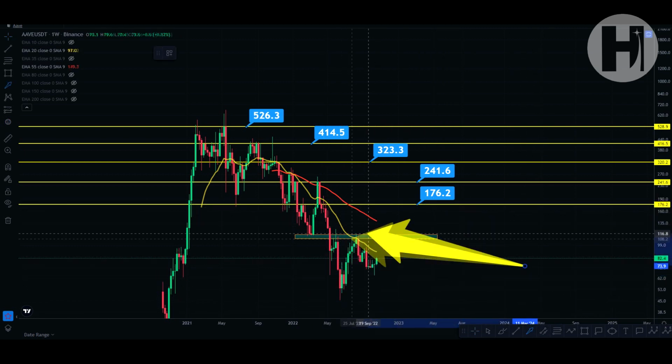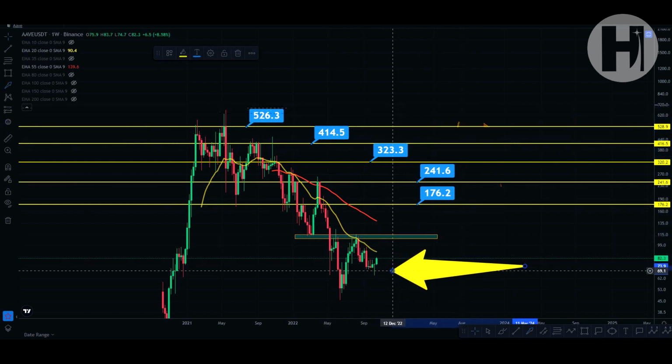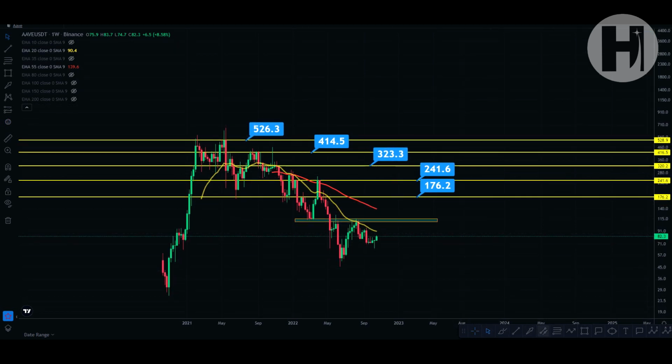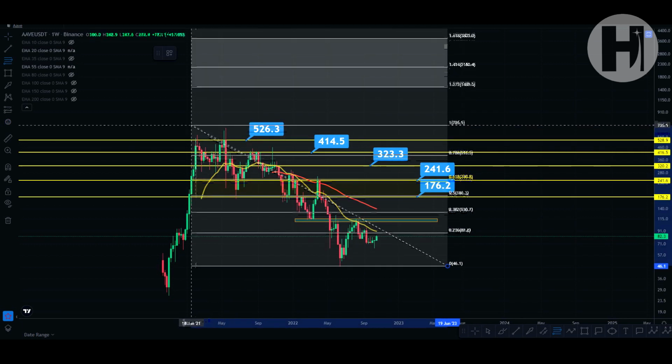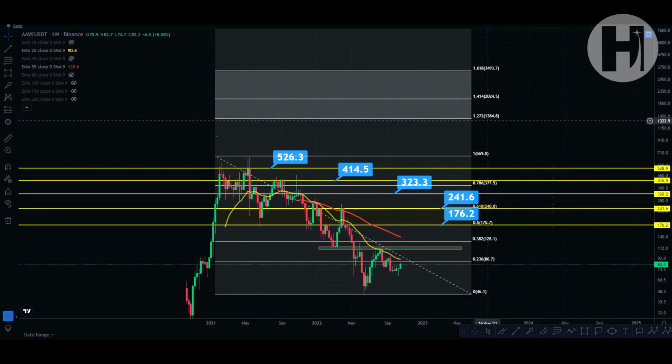But over here right now, this is good to buy. Once you're up here, you're good to sell. Having said that, we may have more targets to the upside. So if I bring out a Fibonacci retracement to see what our potential is in the next bull market, you can see that Aave has a minimal target of